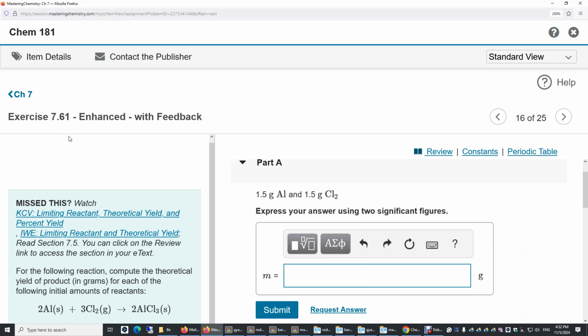Chapter 7, Exercise 7.61. For the following reaction, compute the theoretical yield of product in grams for each of the following initial amounts